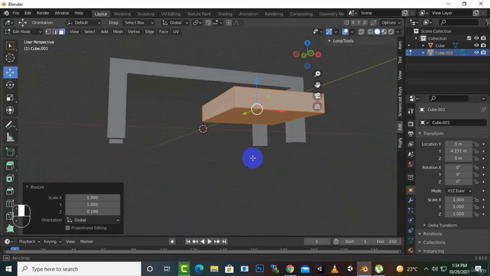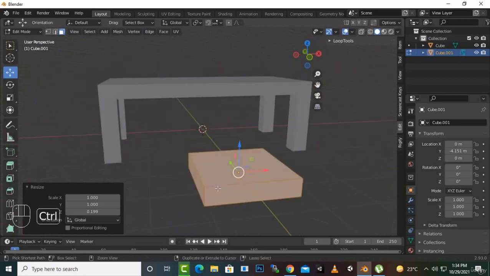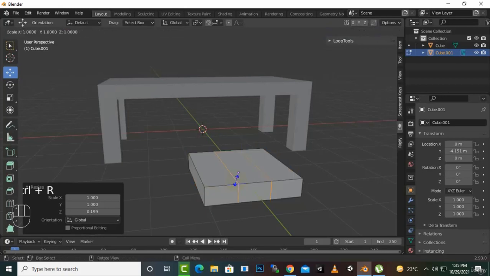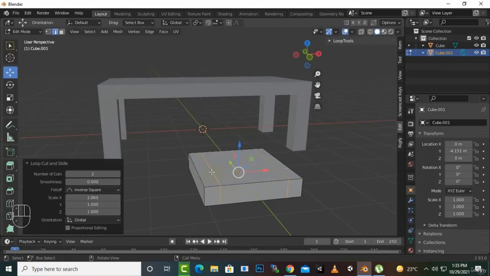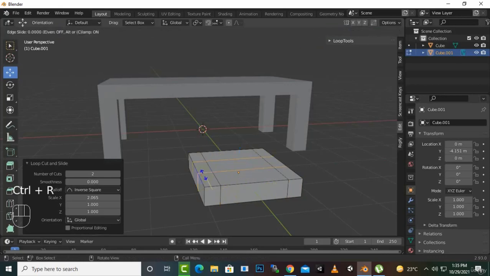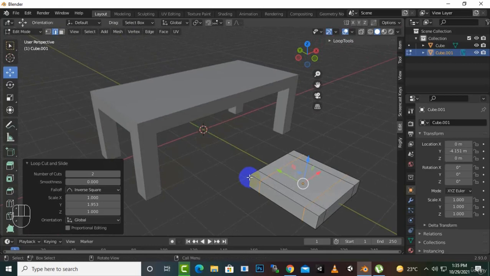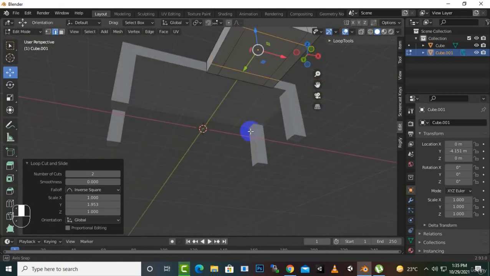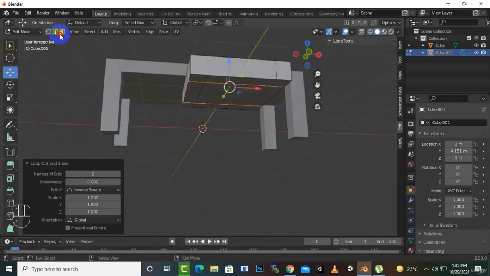And now for the chair, we want some loops here, so let's create 2 loops. Click S X, and let's add it here with Ctrl R, double click, S Y. Okay, that's good. And now we will select this section,